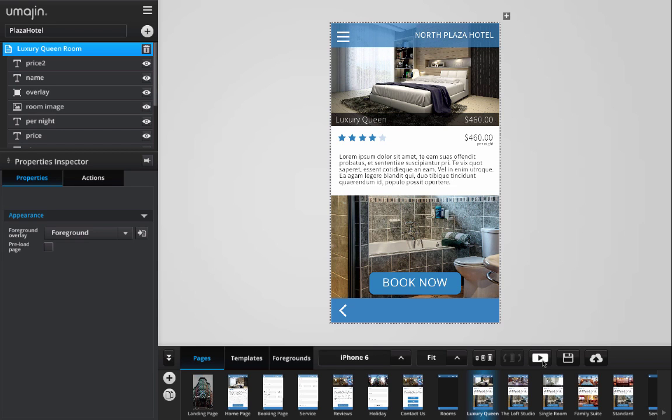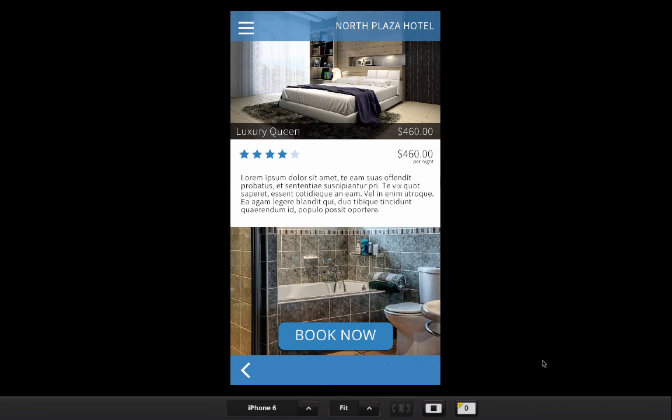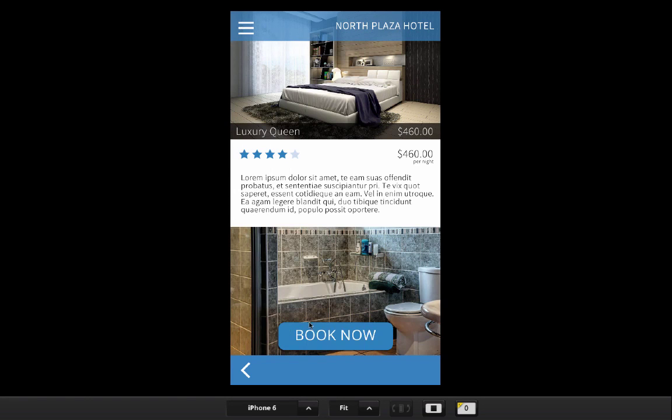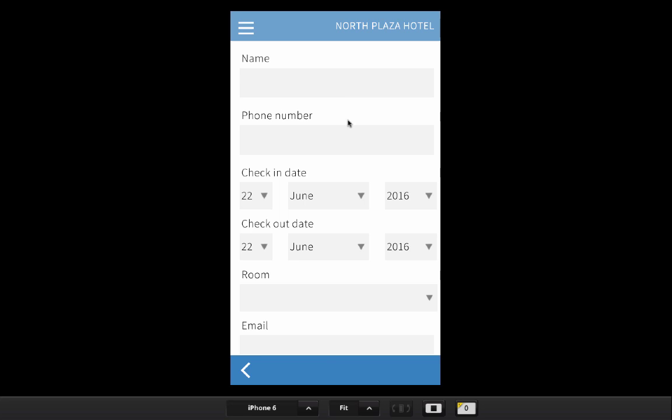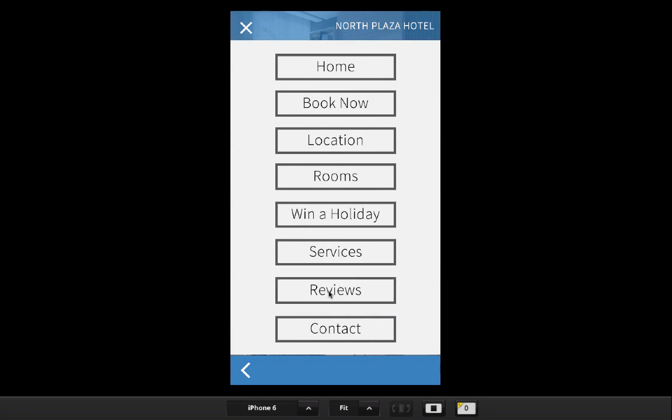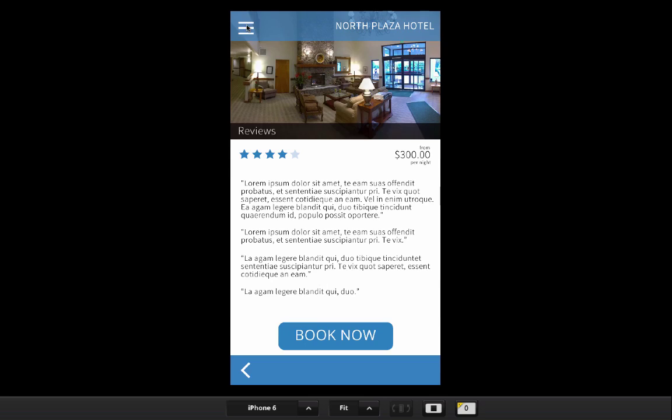To the right of that, we have this little play button. This actually allows you to run your application and navigate through it as if you were actually using it. So we can see here we have our main page. We have this little hamburger menu in the top left that gives us some options. We can click book now, and we can go ahead and put a reservation in. So this just gives you the ability to go ahead and run through your application and make sure everything is